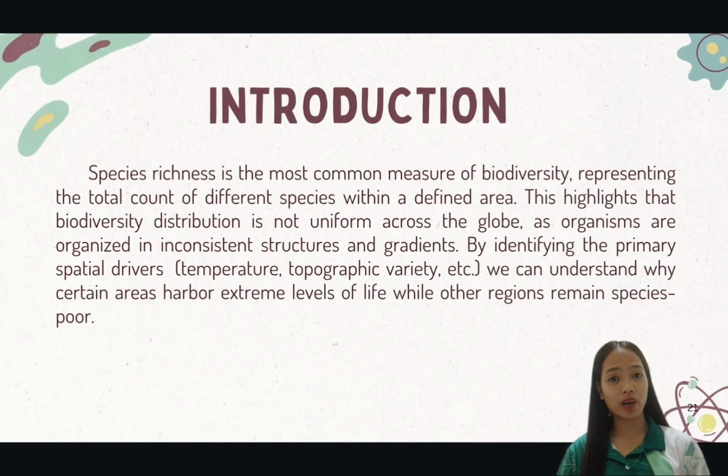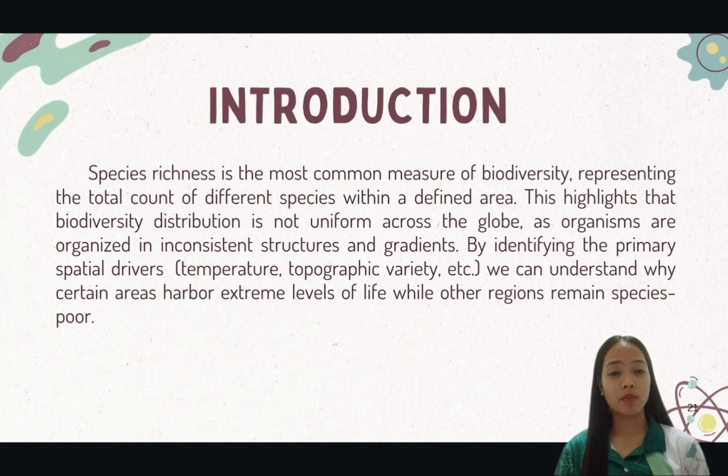As I've said before, species richness is the most common measure of biodiversity that represents the total count of different species within a defined area. This highlights that biodiversity distribution is not uniform across the globe, as organisms are organized in inconsistent structures and gradients. By identifying primary spatial drivers, we can understand why certain areas harbor extreme levels of life while other regions remain